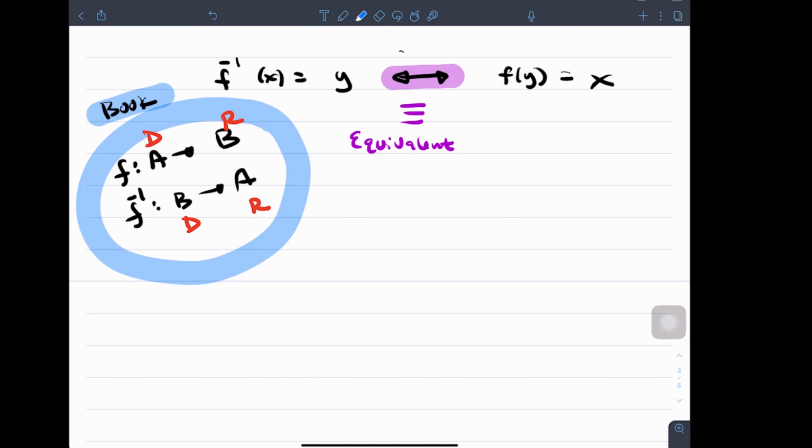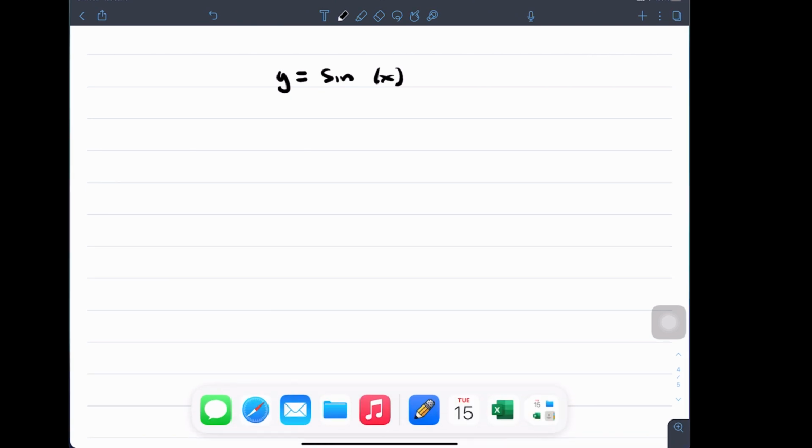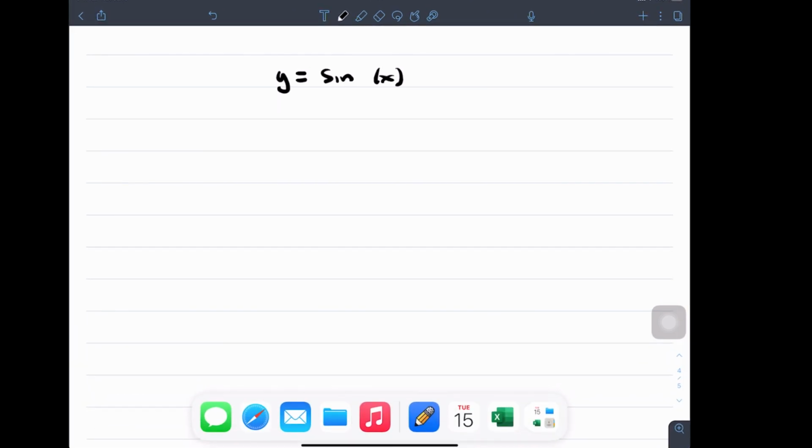So anyway, here's the deal. Here's what I always start with. What do we know about the sine curve, right? Here's a sine curve. And if I go to Desmos, if I can find it,